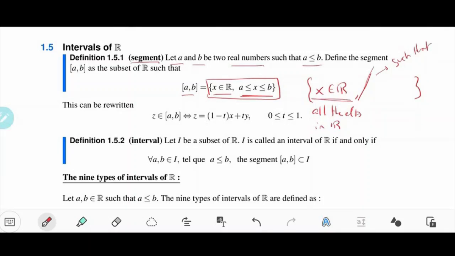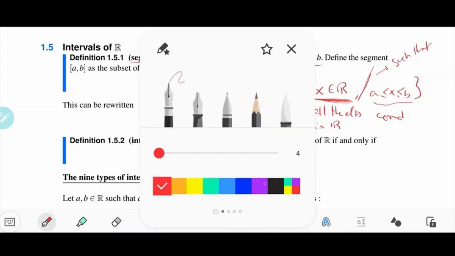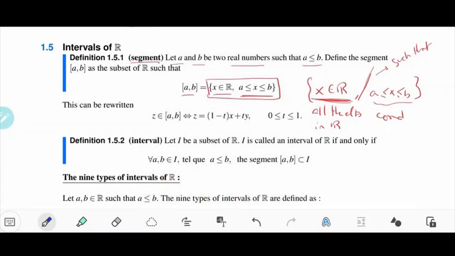So here I put what numbers can be tested to check if they are in the set or not. So all the numbers in R should be tested such that they verify a condition. So here I put the condition x is between A and B, and this is the condition. So this way of writing the set is an explicit way where, again, I put here all the elements that can be tested if they are in the set or not,